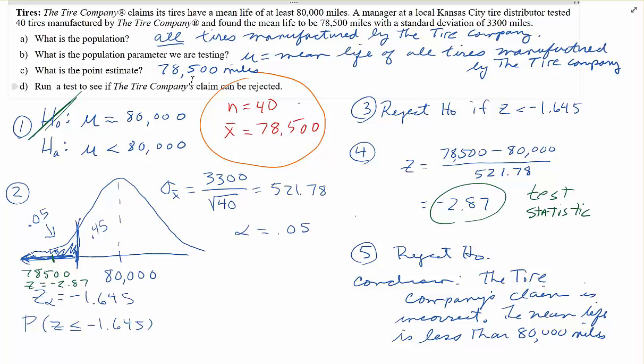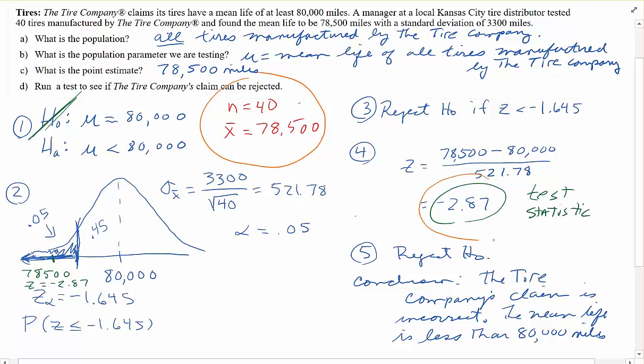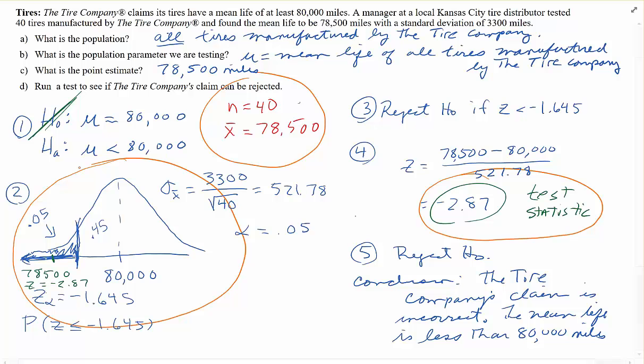And we ran a hypothesis test. In doing that, we calculated a test statistic for the 78,500. Our sampling distribution is built assuming that the null hypothesis is true with 80,000 in the center. The test statistic places the 78,500 so far to the left of the 80,000 that it's almost an outlier. So there is a high probability that 80,000 is not in the center, and therefore we can say that the